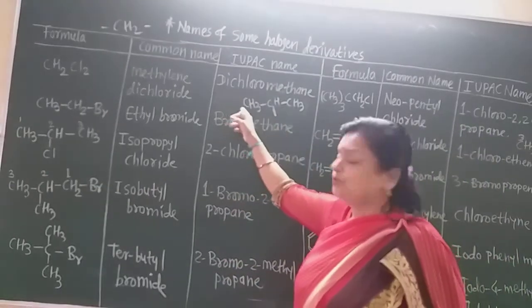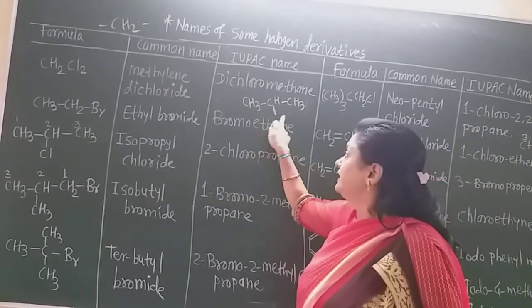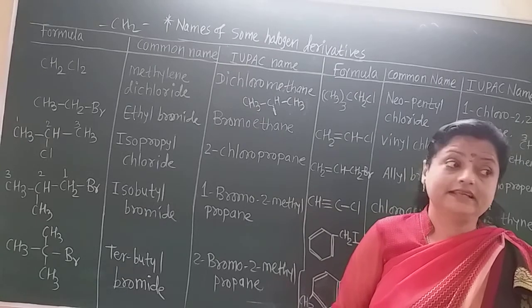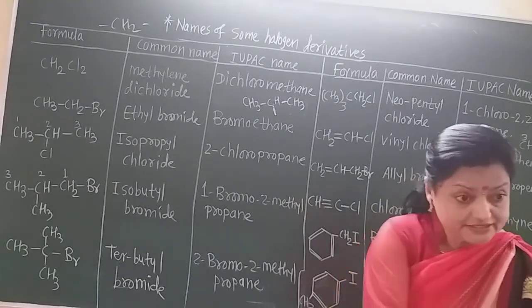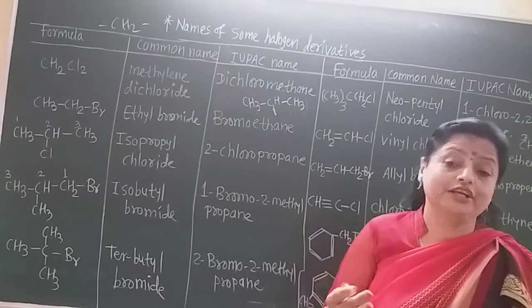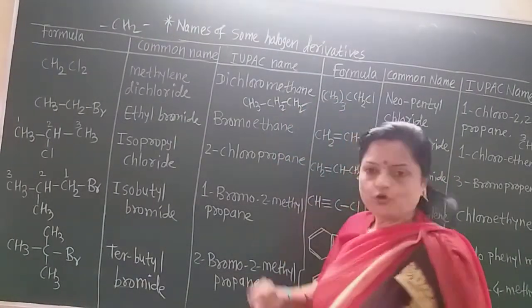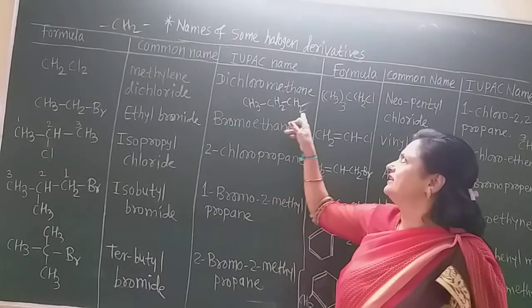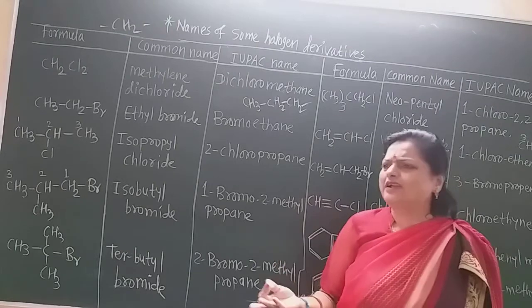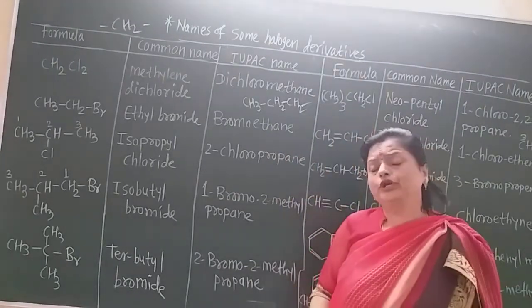This alkyl group, in which the middle carbon atom replaces one of the hydrogens, and this group is formed. What is the name of such a group? In 11th standard I told you many times. Isopropyl, or it is also called secondary propyl. And if the hydrogen from the ending carbon gets replaced, which group is that? This is the n-propyl, normal propyl group. Many times I told you about that.